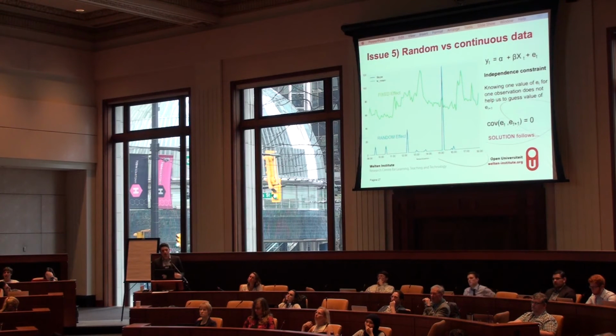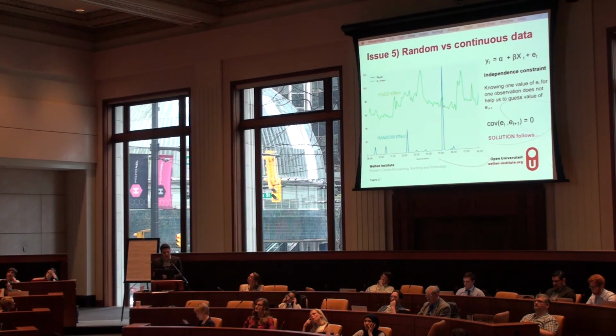Then we also had to deal with different types of data: on one side fixed effect data, like heart rate, against random effects data, like activity data. You can see quite clearly in this graph that voluntary actions, like using Skype, are a random effect, so they don't depend on the previous intervals, while heart rate is a fixed effect. So we had to take into account these two different types of data.